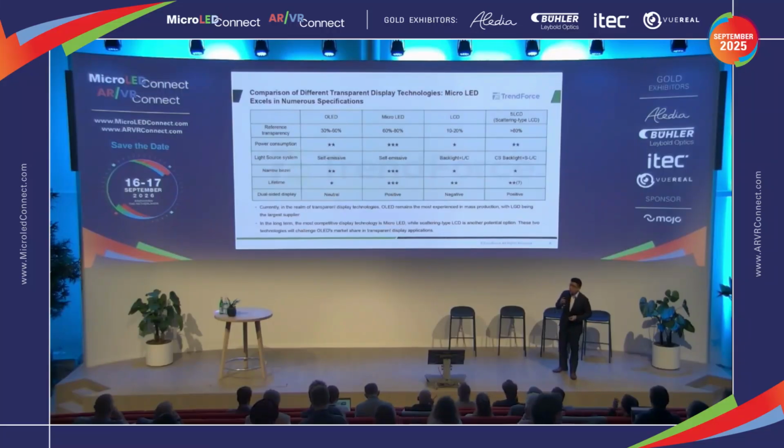Another potential technology on the very right-hand side is so-called scattering LCD. This is a technology triggered by JDI. Actually, they have a very outstanding transparency rate, up to 80%. But the problem is, because JDI's operation is not so good, I am not sure they can really bring